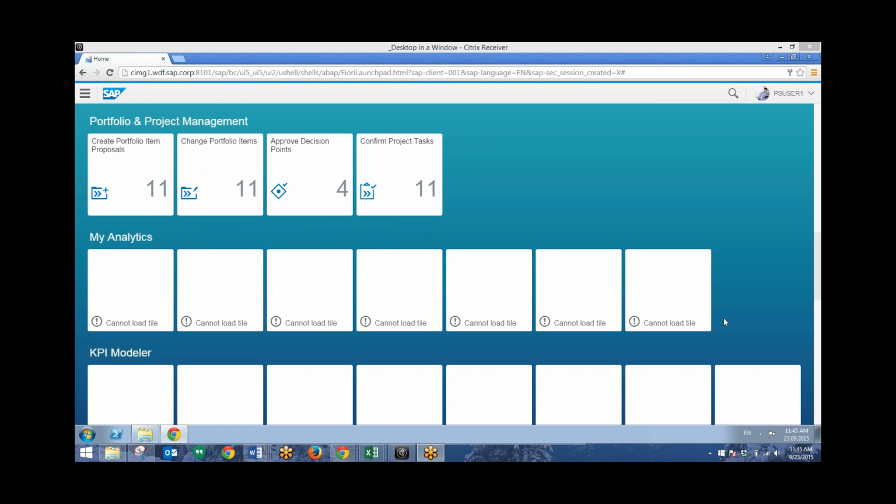Hi, I'm Colin, SAP consultant, and in this video I'm going to demonstrate 4 different Fiori apps that you can use for portfolio and project management. We'll be covering these 4 specifically: creating a portfolio item proposal, changing portfolio items, approving decision points, and then finally